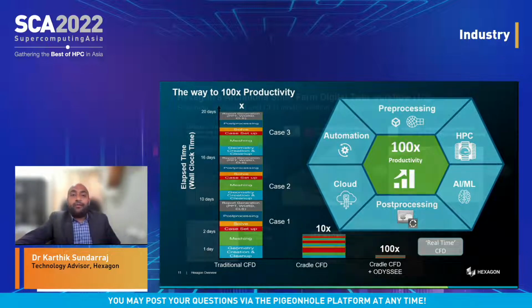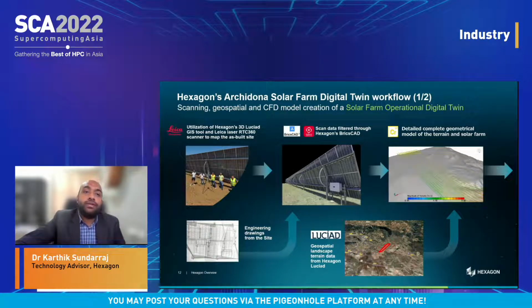So at this time, I want to take you through one example of how the solar farming digital twin works. This is Hexagon's solar farm in Archinoda. What we have done is scanning, we have used geospatial systems, and we are using CFD modeling to create a digital twin of this entire solar farm. We are performing the geospatial activity using some of these softwares. We are creating the digital twin by performing laser scanning, and then we use these 3D models